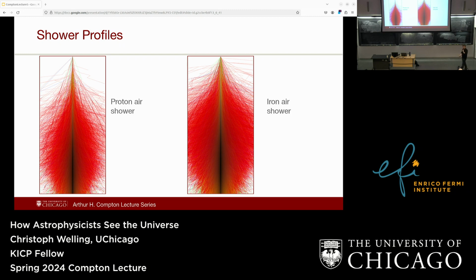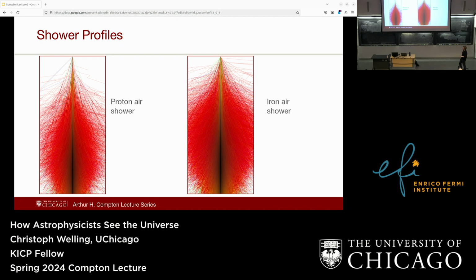And so if that crashes into something, this nucleus is going to get torn apart. So with a proton, in this initial interaction, you're going to produce like a handful of new particles. With iron, you have your big nucleus getting ripped apart, and you suddenly have a lot more particles in these first interactions. So because of that, these air showers from heavier elements are going to develop much quicker.